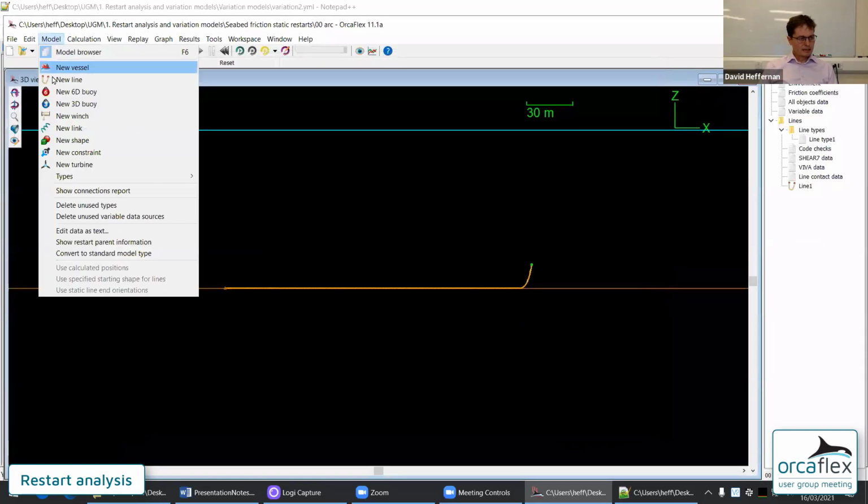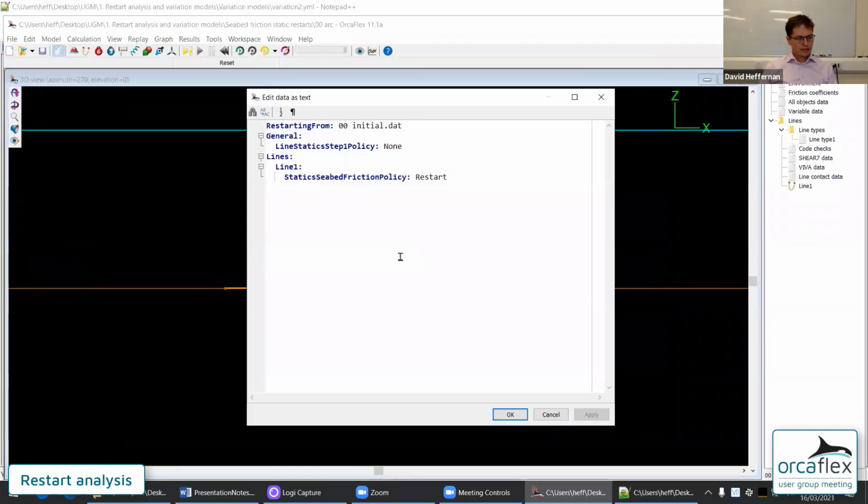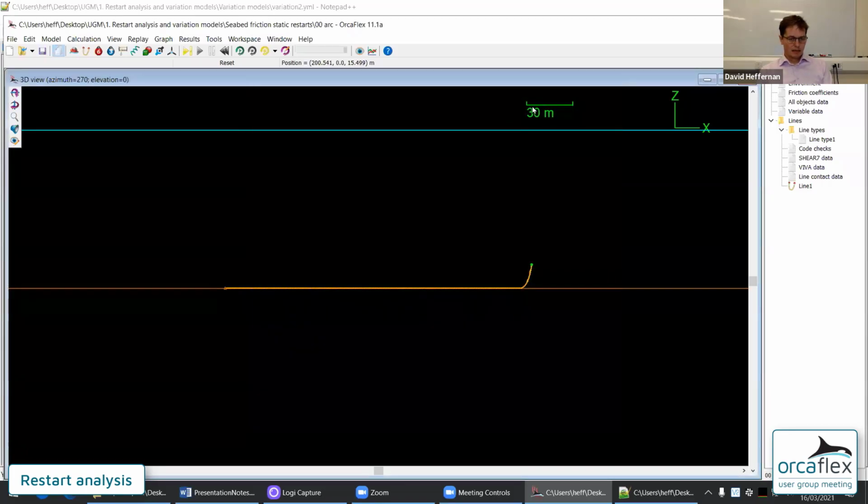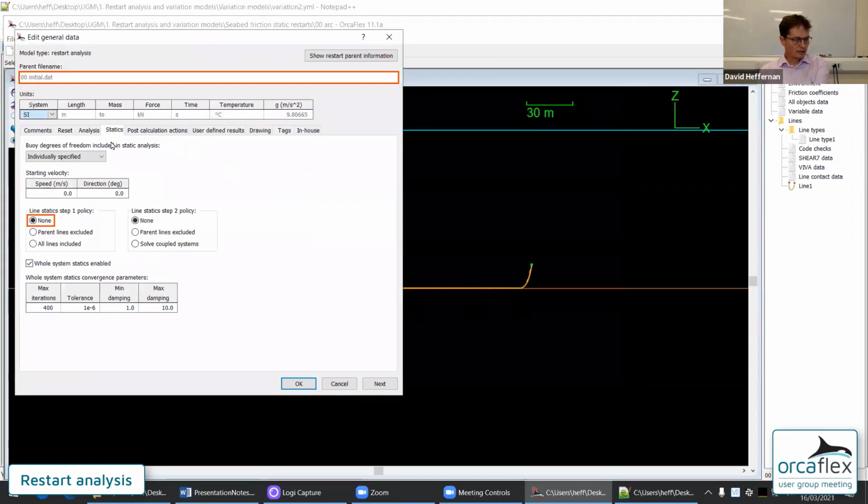When I look at the content of it, it makes two changes. It changes the step 1 statics policy to none and the line's seabed friction policy to restart. I'll look at those in situ.